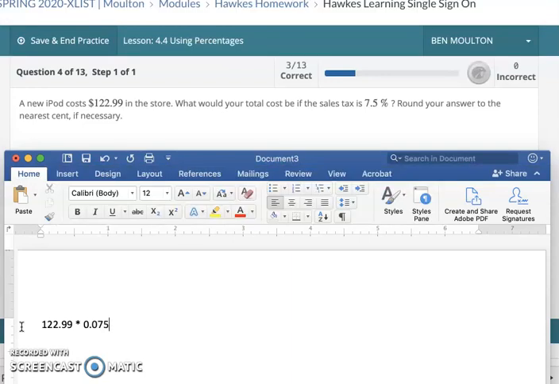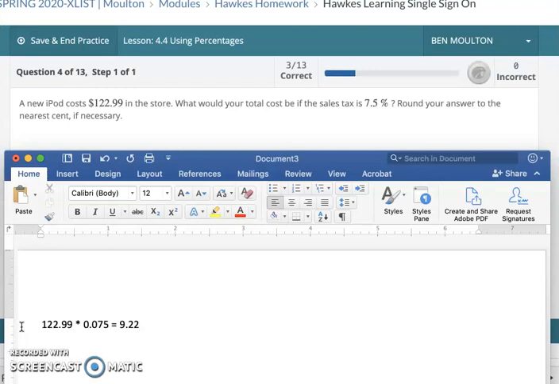You just multiply that 0.075 times your $122.99. And if you work retail or have worked retail, you probably know all these little tricks and things that they teach you in retail. You just figure out over time. But we're looking at